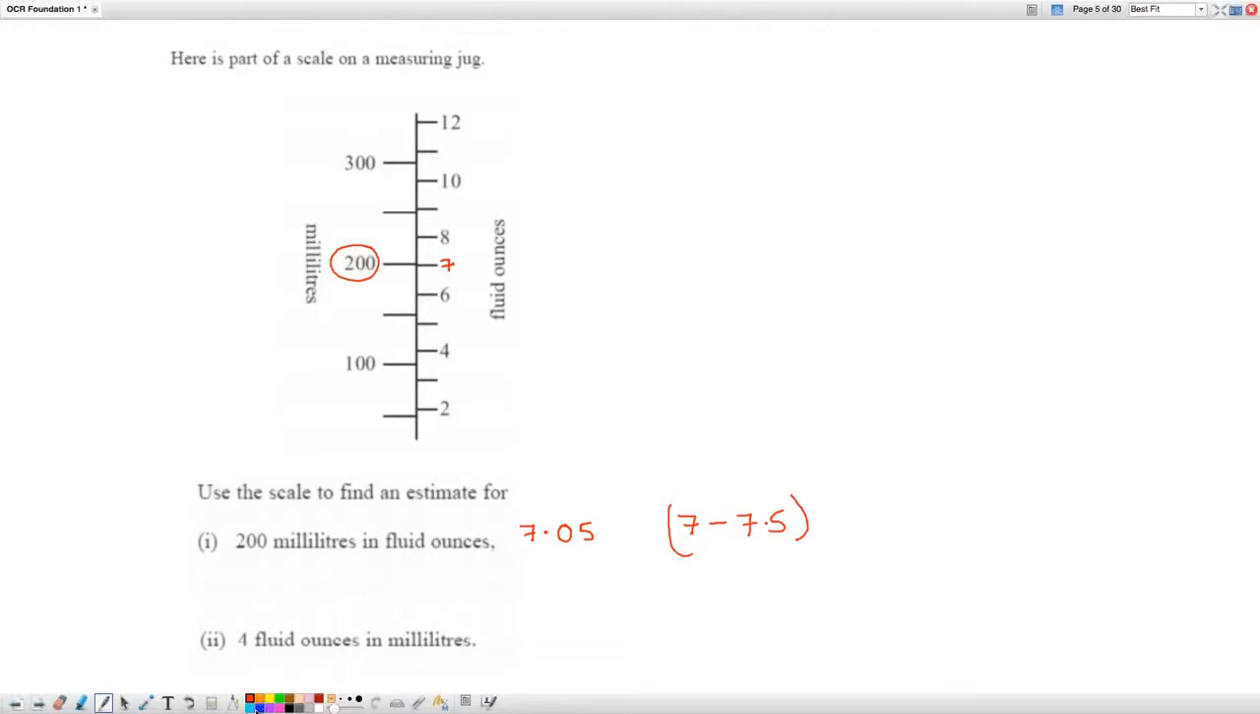We're then asked here to work in the opposite direction. We're given 4 fluid ounces. So 4 fluid ounces is this side. When we come across here, it doesn't match like this one as closely. So let's take a look. If this is 100 and this is 200, halfway is going to be 150. So here we need to estimate how far above 100. So a good estimate there, maybe 115,